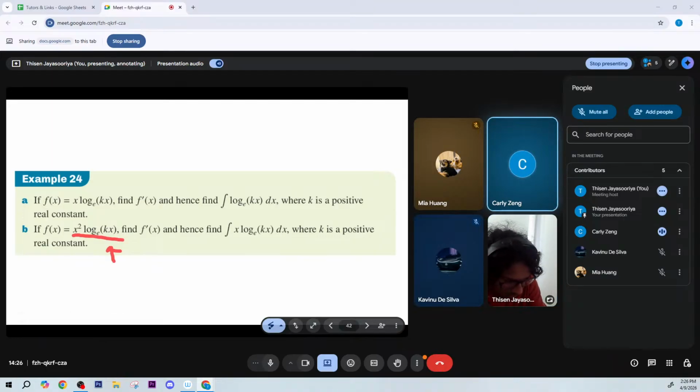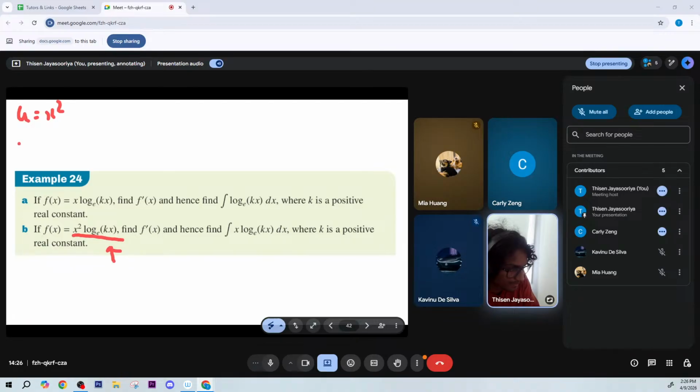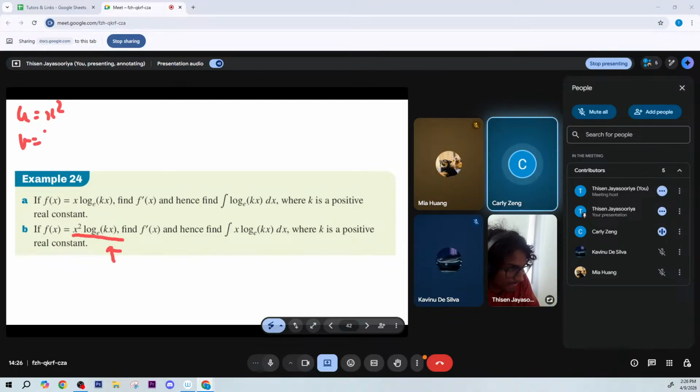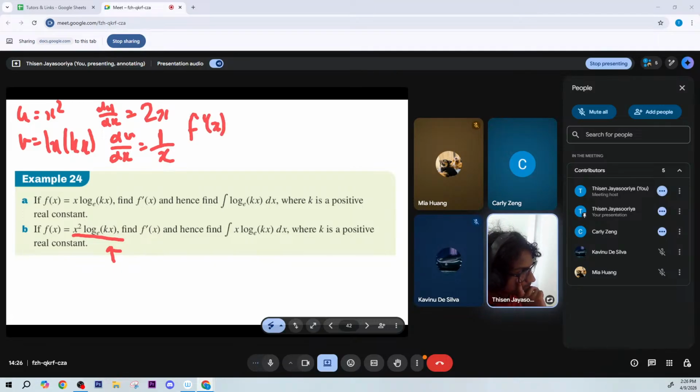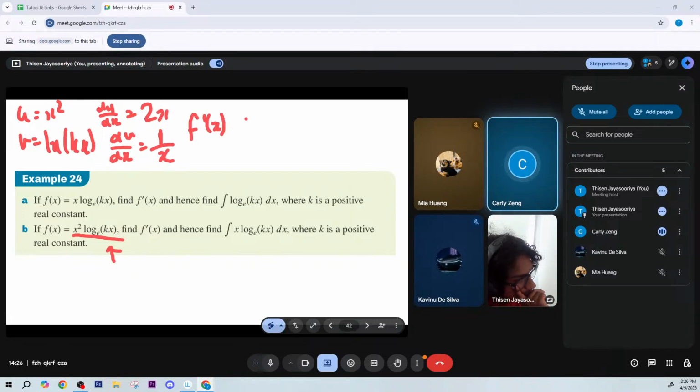So you make u x squared, so u equals x squared, and then v equals ln of kx. Then du on dx is 2x, and dv on dx is 1 over x. So then how can we write down f dash of x? It'd be x squared times 1 over x